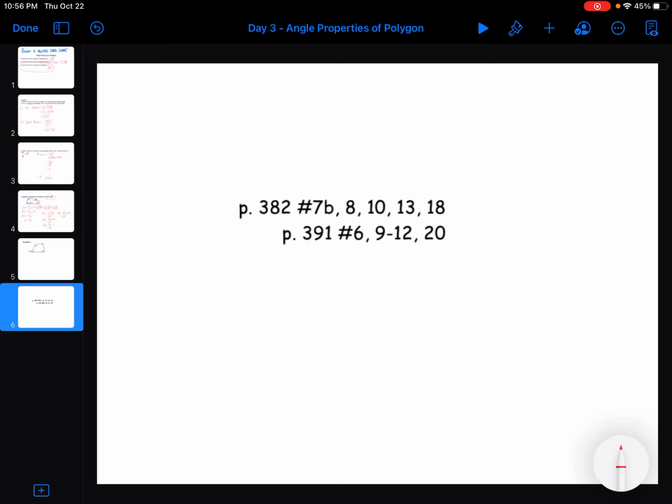Okay. Here are some questions associated with this. I realize that this was quick and it's a little bit difficult, but we're only going to do these 2 notes today, and we will talk about it this afternoon if you